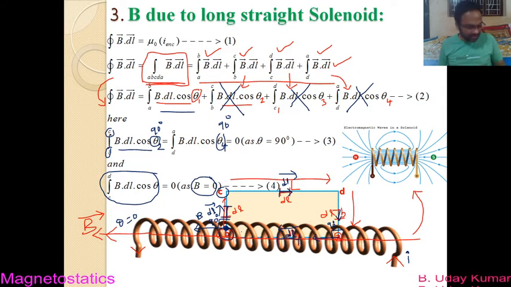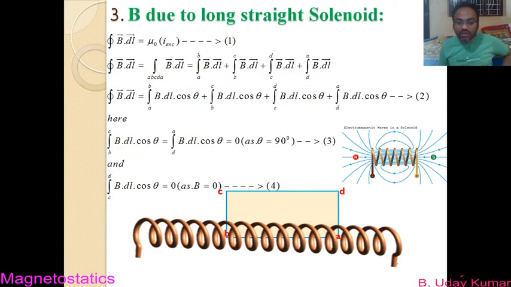To understand this, we will erase everything that is written over here. Okay, so let us assume that the current I is entering now. So if current I is entering, what does it mean? It means that in this turn I will be moving, even in this turn the current I will be flowing, even in this turn the current I will be flowing, and like that the front faces of the turns will be having the currents that are moving in upward direction. And if you observe carefully, the current that is present inside the closed path will be equal to the currents that are present in terms of number of turns.